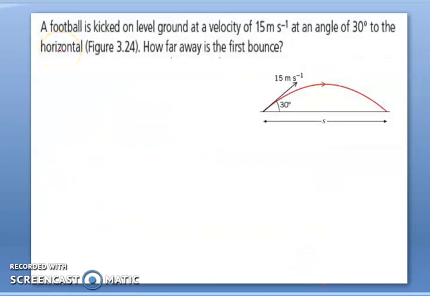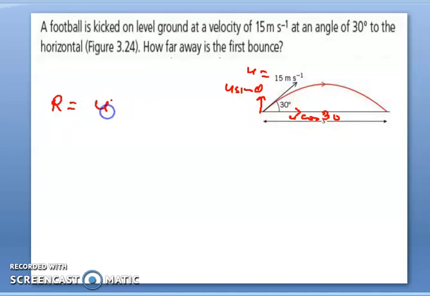Now next, a ball is kicked on the level of the ground, and the initial velocity is given. So u is given. Now we have to resolve it. There will be u cos 30 and there will be u sine 30, which is the vertical component. Now the question is, what is the range? So directly we can use the range formula.